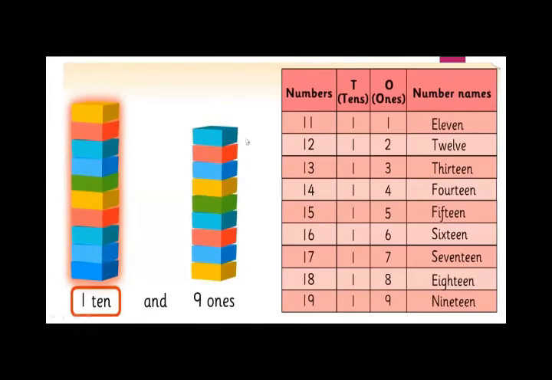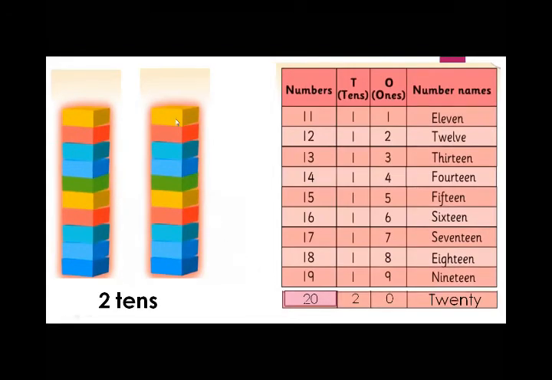Okay. When we put one more block here, it makes a ten again. So how many tens are there? When we put one more, it makes 2 tens. There are no ones here. So after 19, the number will become 20. So 2 tens mean 20. Here we have 2 tens, so we write 2 in the tens column and 0 in the ones column. It makes 20. The spelling of 20 is